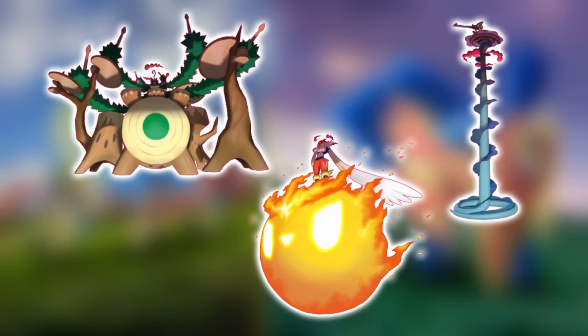Now let's talk about Gigantamax Rillaboom, Cinderace, and Inteleon. So I guess I can start things off by saying that GMAX Rillaboom, Cinderace, and Inteleon are all going to be the best of their own respective typings. So GMAX Rillaboom is going to be the best grass type as a GMAX, Cinderace best fire type, and Inteleon best water type. These are going to be better than Charizard, Venusaur, and Blastoise respectively, but the biggest downside is